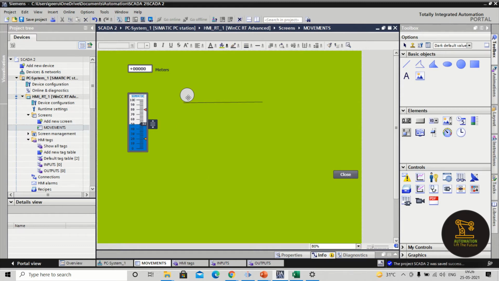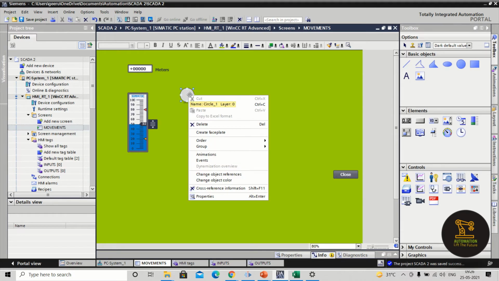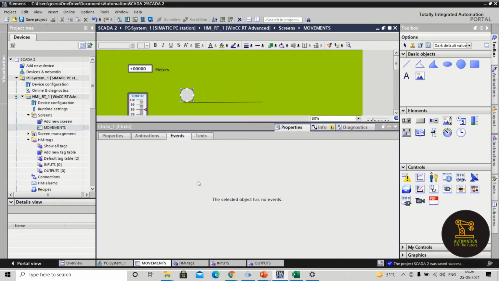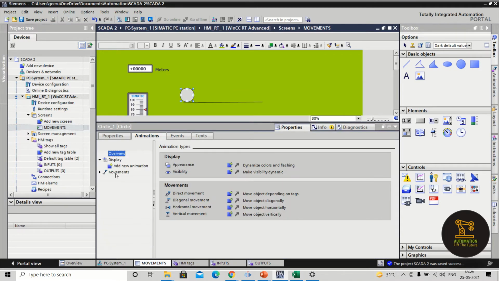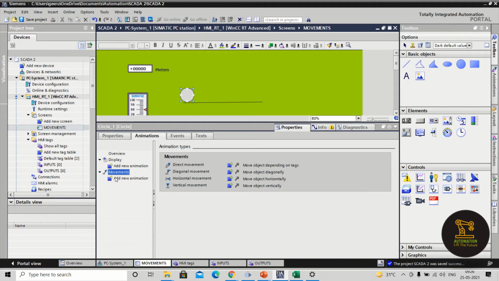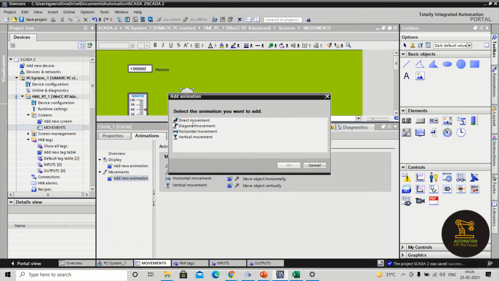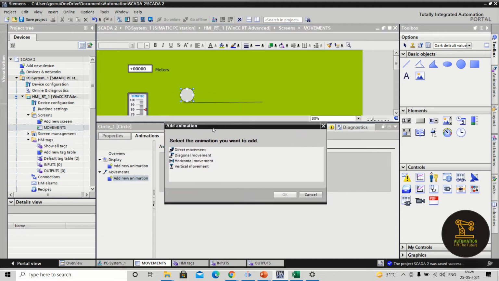I want to move this circle on this line from this end to the next end. Now right click on this, go to properties, animation, movements. So add new movements. Observe this. So this is horizontal, right? Go for horizontal. Click on OK.